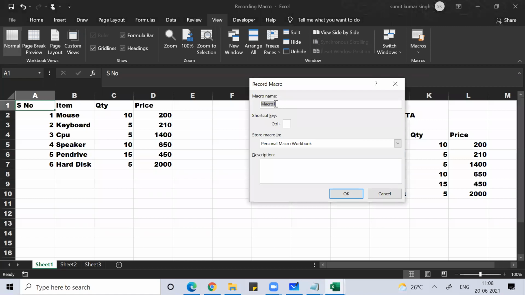When you're putting the name, make sure the name does not have a space in between, otherwise it will not accept it. Then you can give a shortcut key.